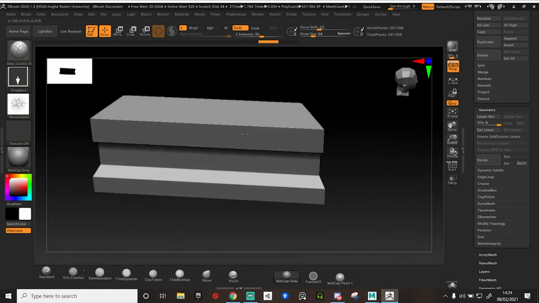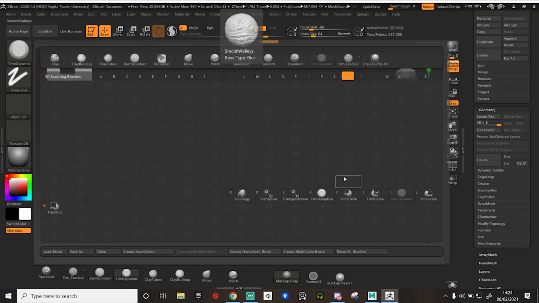So the first thing I'm going to do is, this is supposed to be stone, so I'm going to rough up the edges basically. And what I'll do as well is look at reference when I'm doing this, just so I can see. So the first thing I will do is use something called trim dynamic. So if I type in trim,